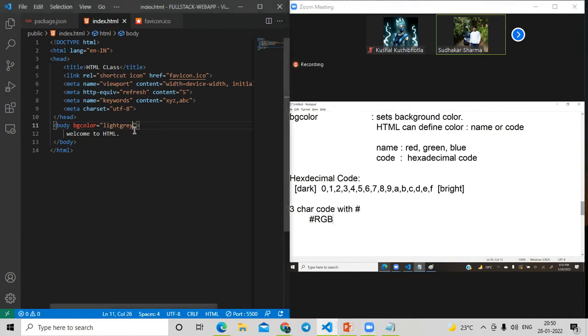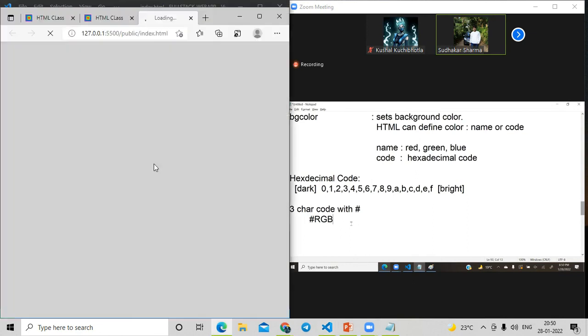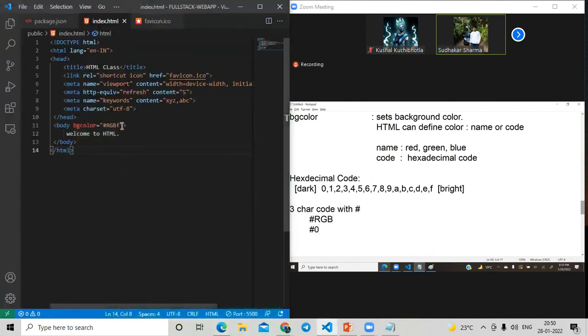These are the primary colors, RGB. The first value is the red value, the second value is green, and the third is blue. This is the color code. So how do we write it now? Observe carefully. Hash 0, 0 and F.